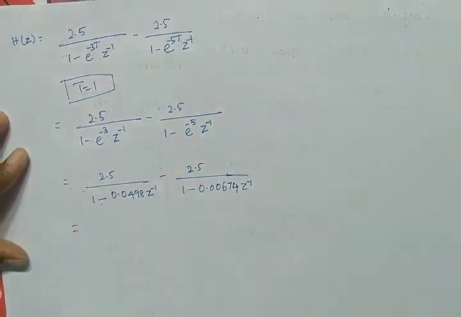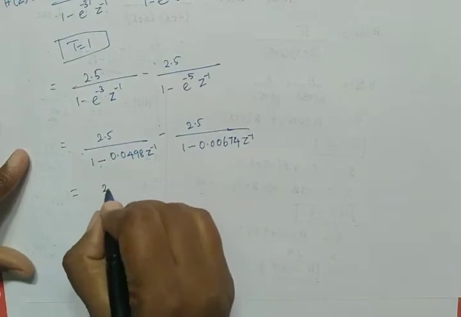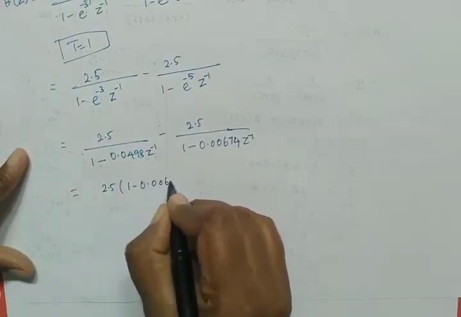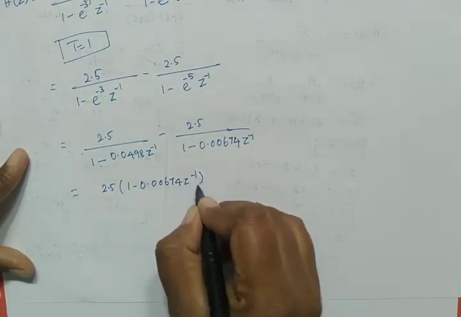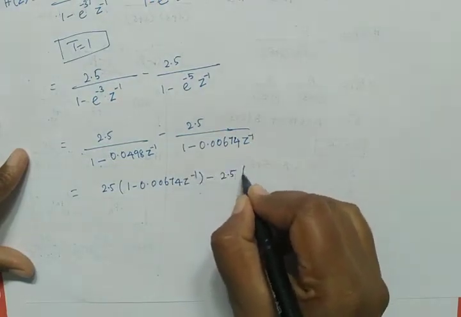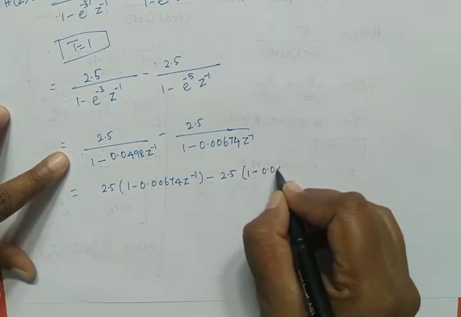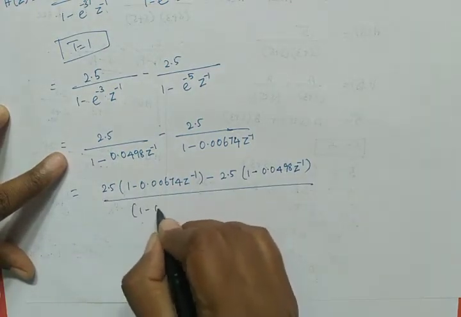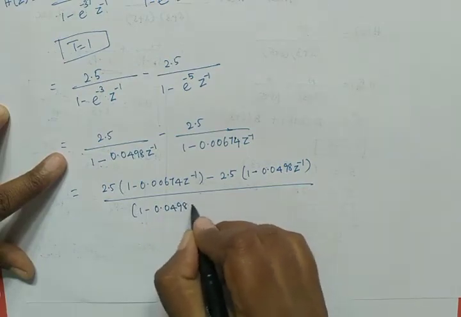So we can write this as 2.5 into, now let us take LCM, 1 minus 0.00674 z inverse minus 2.5 into 1 minus 0.0498 z inverse, the whole divided by 1 minus 0.0498 z inverse